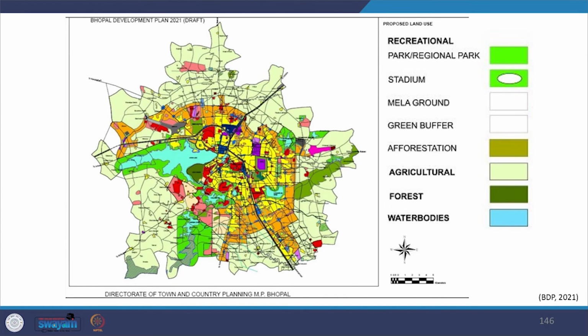The total green cover includes eco-sensitive area of nearly more than 3 square kilometer, recreational area of more than 4 square kilometer, reserved forest more than 57 square kilometer and revenue forest more than 18 square kilometer.